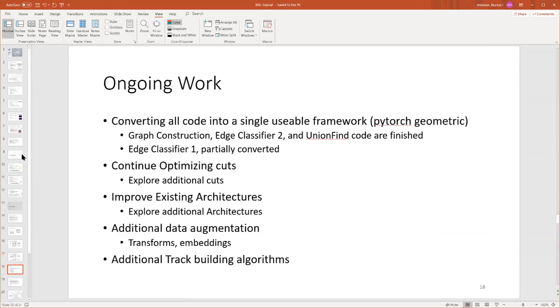And so now I'll go on to some ongoing work. As I mentioned, we're converting all the code into a usable framework, which is PyTorch Geometric. We have all the graph construction code, Edge Classifier 2, and the union find tracking code all there. Edge Classifier 1 is partially converted, and